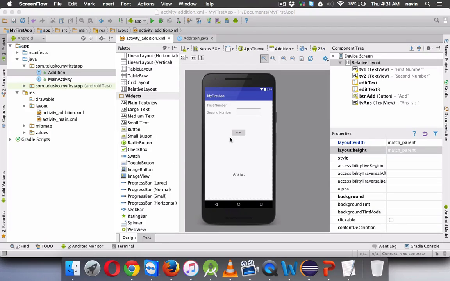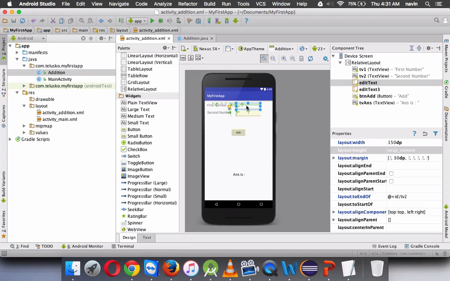So now once we have done with the layout, now let's try to code it. So we have assigned the name for all the components. So this is your edit text. Oh, we have not given the name for this. Let's double click here and we'll provide a name. We'll say this is